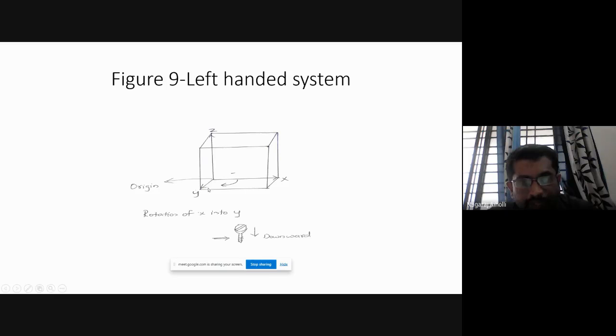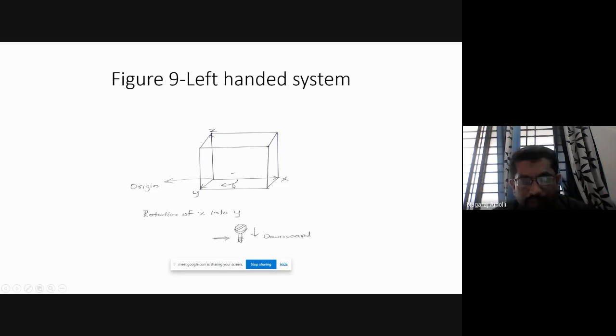Similarly, when I make y 0, then only the xz plane will remain. Are you following here? I am making this y 0. Y 0 means it is at the origin, but only x and z are there. I have not made x 0 or z 0. Only y I am making 0. So if I make y equal to 0, we will get the xz plane. Then similarly, if I make z equal to 0, that is at the origin, right? Then we'll be getting the xy plane.